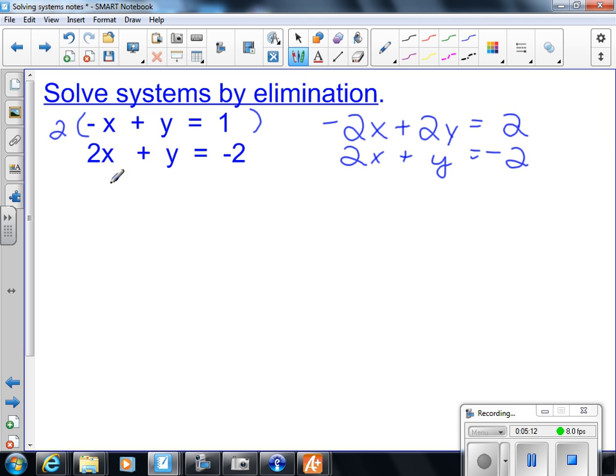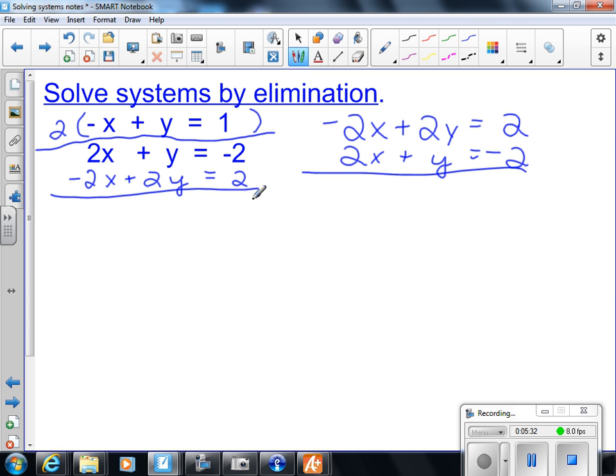Now, some people just rewrite it down below, but if you do that, you've got to make sure that you don't want to use that one again just yet. Okay, that's the only bad part. If you write it below it, you need to make sure that you don't really want to use the top one yet. Okay, so either way, now I'm going to go to my second step, or third step, I'm sorry, is to